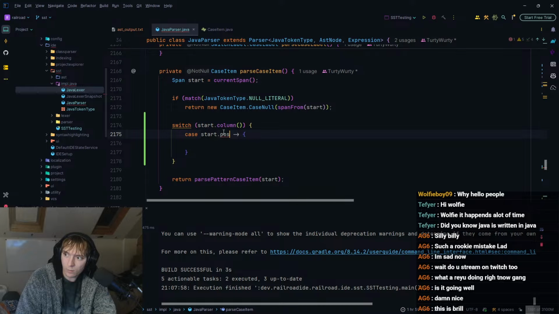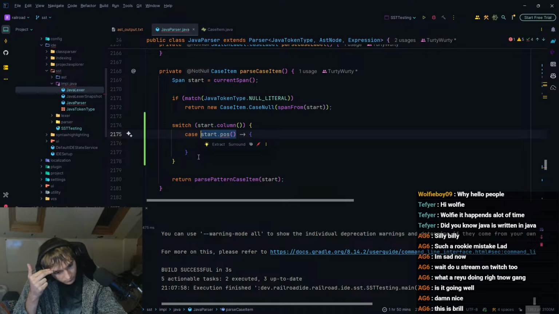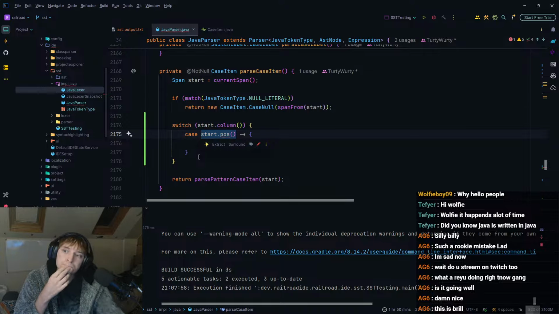Can you do variables then? I guess so, because you can do constants, right? Oh, so maybe it does have to be constants. Yeah.